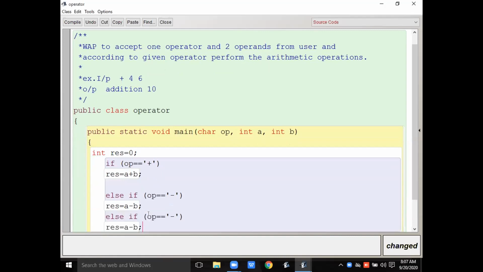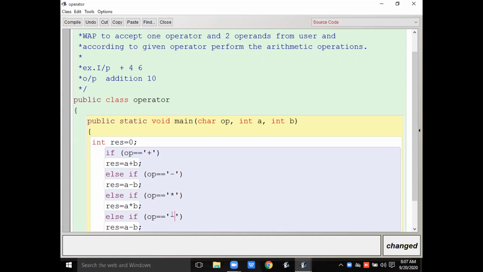Whenever we have more than one condition, we have to use the ladder if only, not multiple ifs. So if the given operator is multiplication, you perform the multiplication. If the given operator is division, you perform the division.